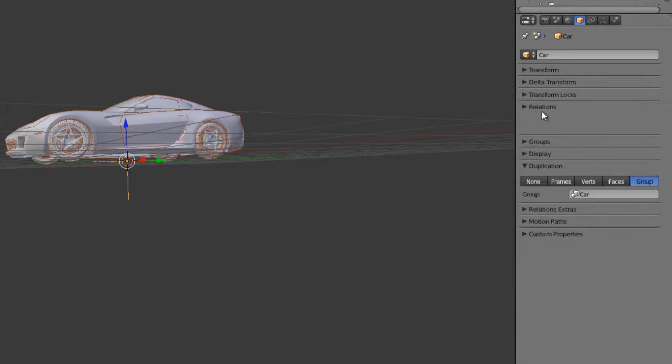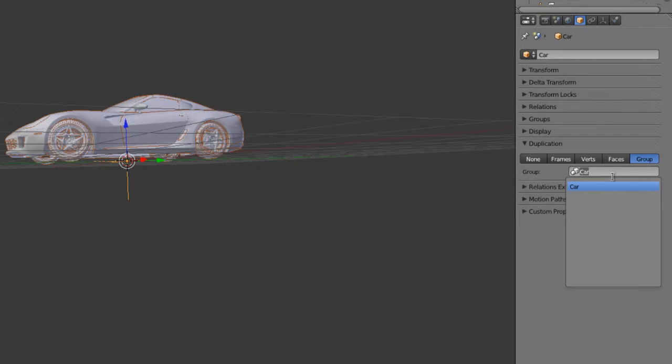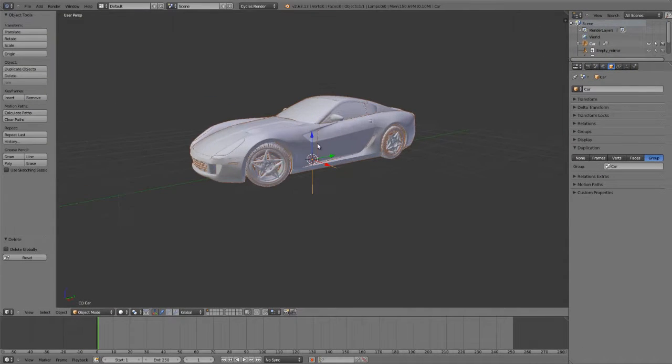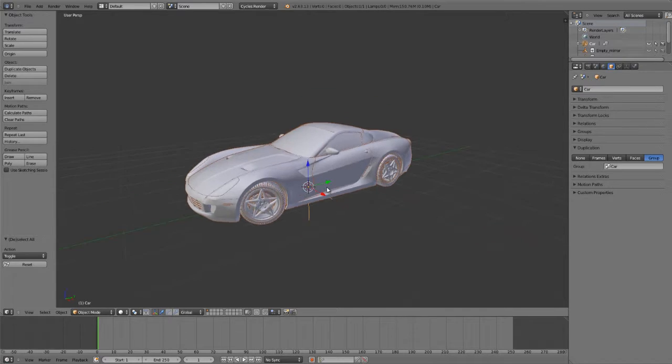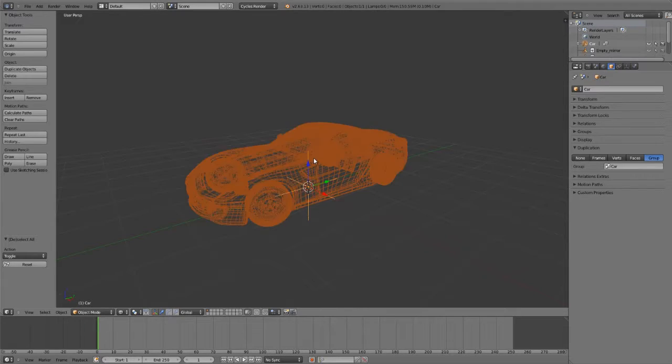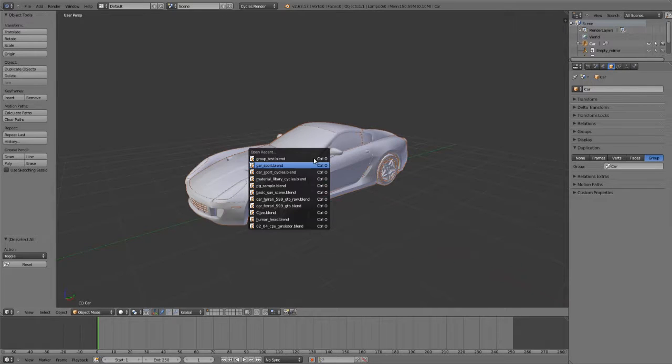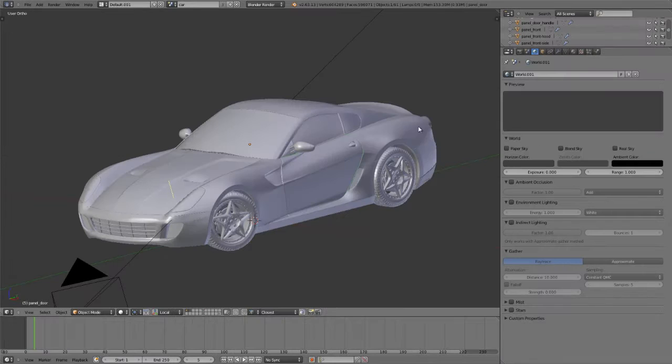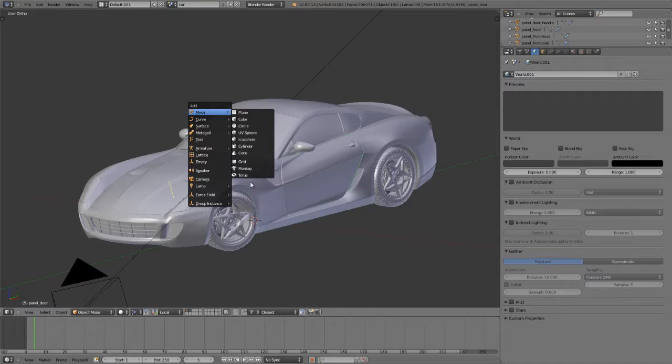And I'm going to show you how to do this manually here in a moment. And then it set that group to be car. So now this whole group will update anytime that I modify or add objects to that grouped file. And in fact, let me just save this as an example. This is just going to be car, or we'll just say this group test.blend. So now if I go back to my car file, and let's just add in, we'll give this a